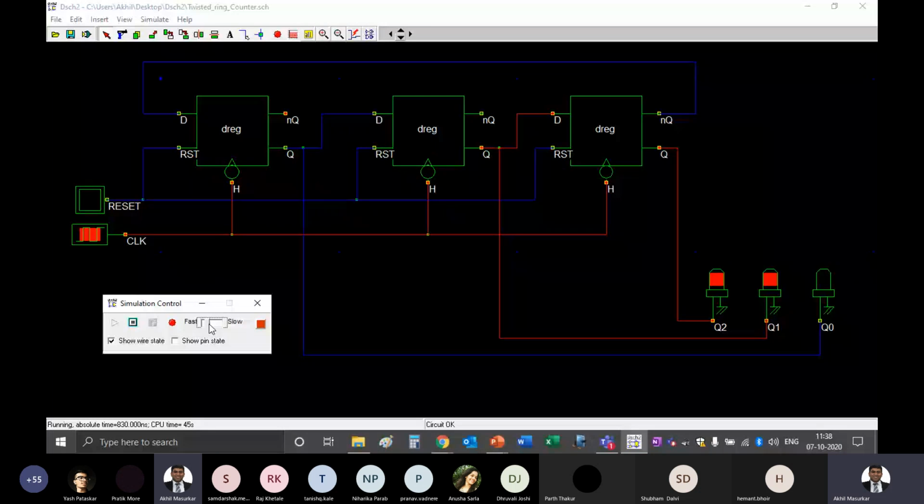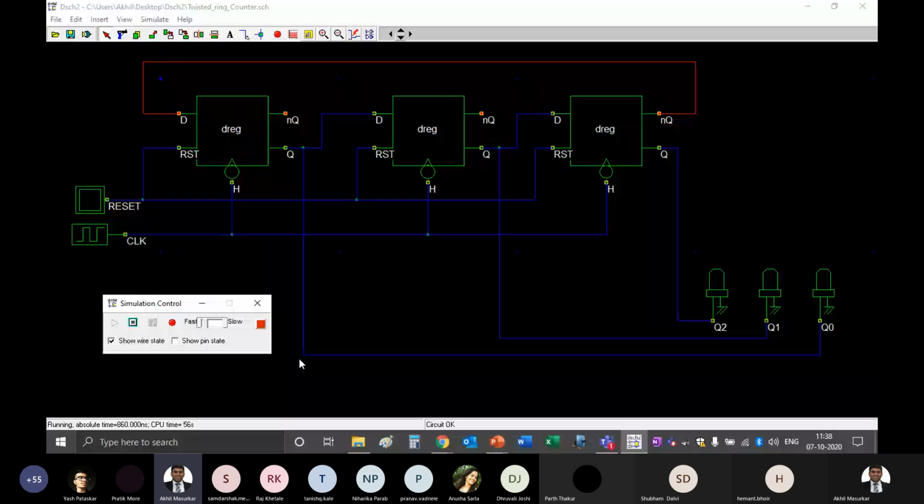Clock is too fast. We'll start with 0. Now we will get 1. Just see. Then again when the clock becomes